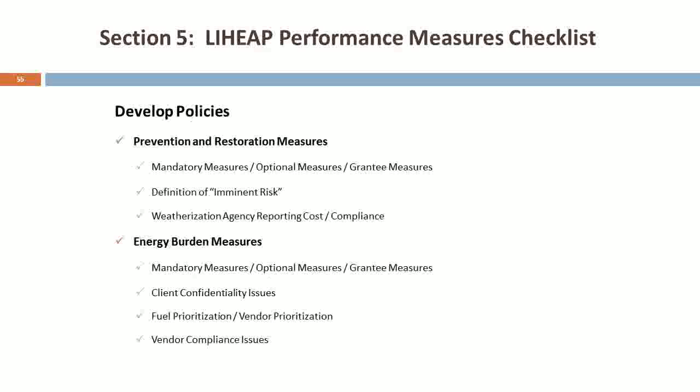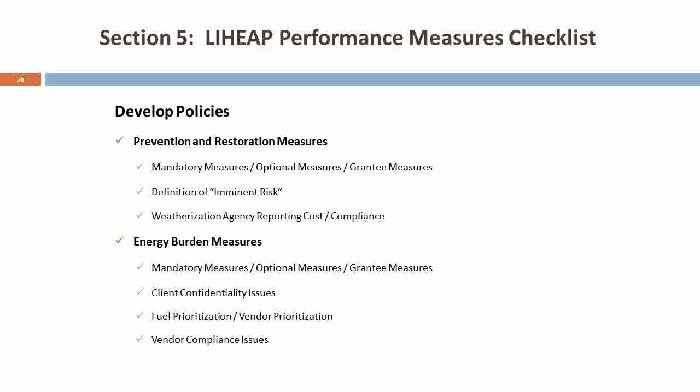When we talk about theme areas, the first is developing policy. Policy that goes into your state plan, policy that goes into your policy manuals, policy that goes into your subgrantees' manuals, and policy that may even go into your monitoring, what you're checking for and looking for. Policy is interwoven throughout the LIHEAP program, and implementing performance measures means taking a look at this policy a little bit closer in some areas.